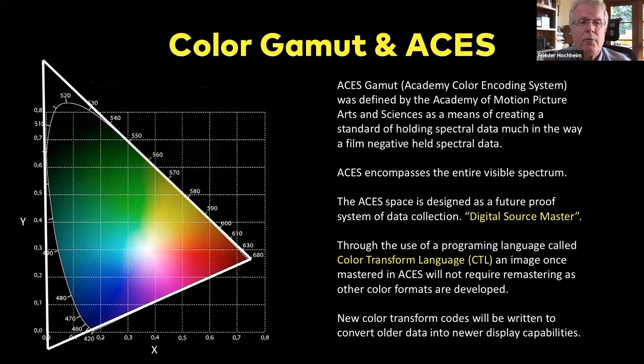And as new formats come up, for instance, going from 709 to 2020, and you have your digital source master in 709, through the simple use of CTL, or Color Transform Language, you can now take that original source master and retranslate it into new color points that will allow it to format itself in the 2020 space. And so the hope is that you do not lose the intent of the cinematographer,